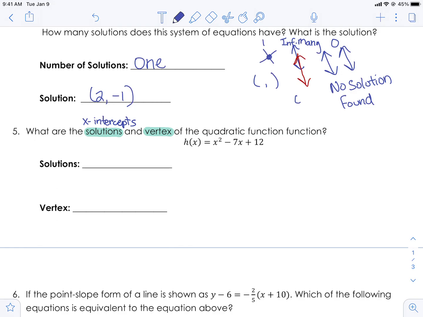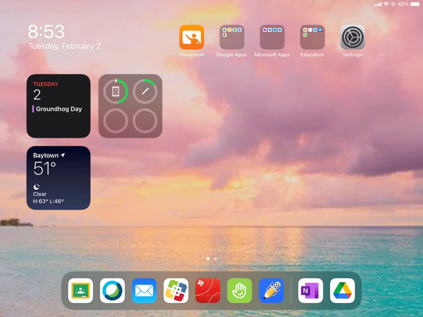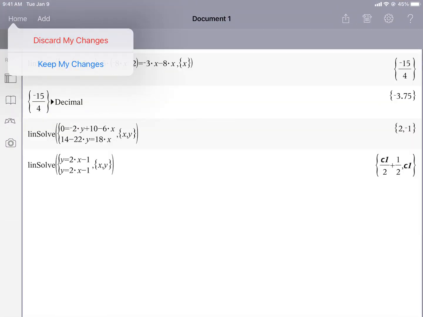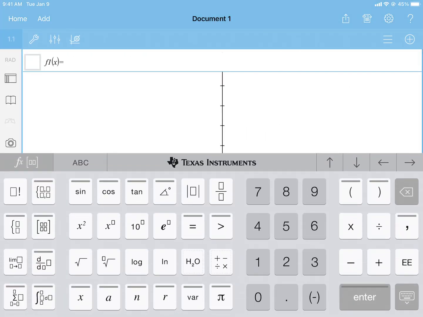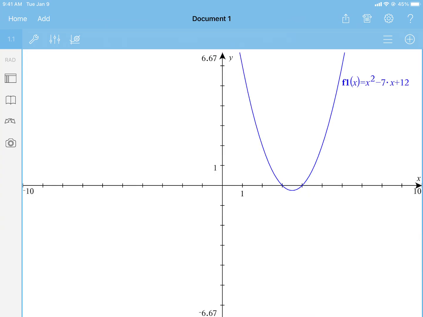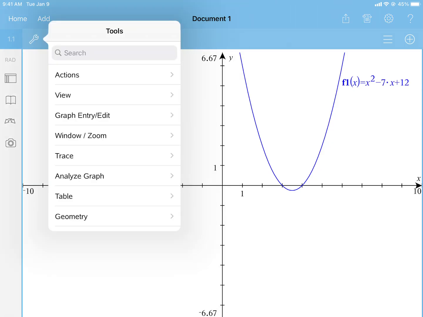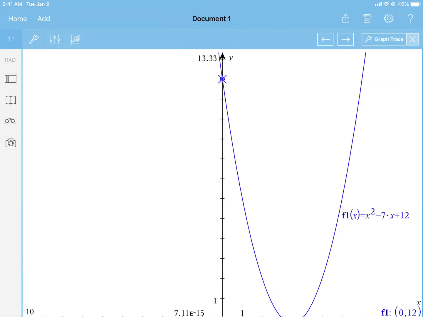Okay, so we're going to go to our calculator and we're going to graph it. So home, discard my changes, new graph. And we're going to type this in. So we have x squared minus 7x plus 12. Okay. So it looks like this. Now, to do this, we're going to go to menu. We want to trace and we want to graph trace. Okay, and there it gives us our little cursor,